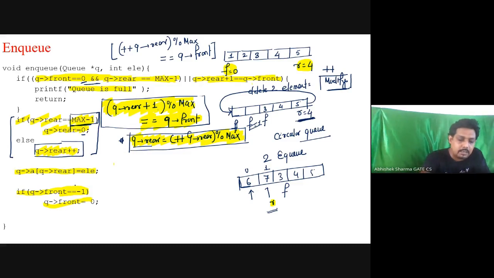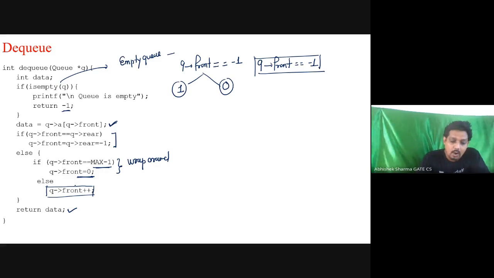This is the NQ part, and this is the DQ part. If you have seen the NQ part, then look at DQ also.